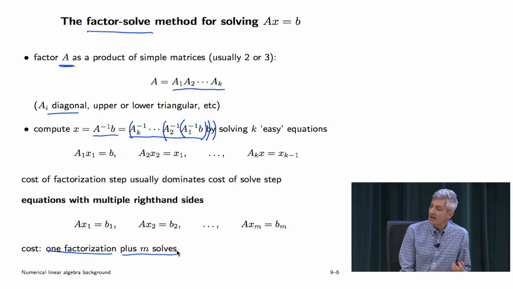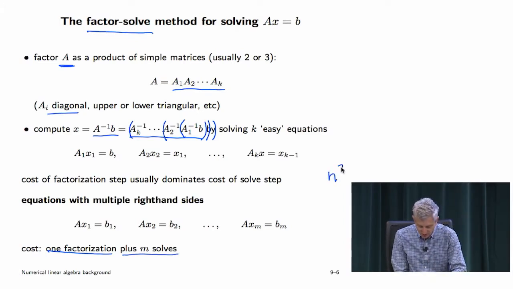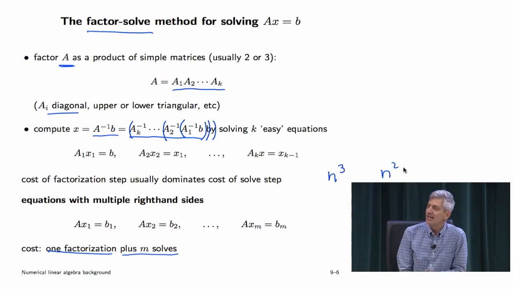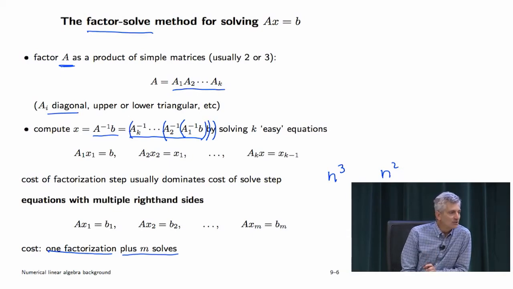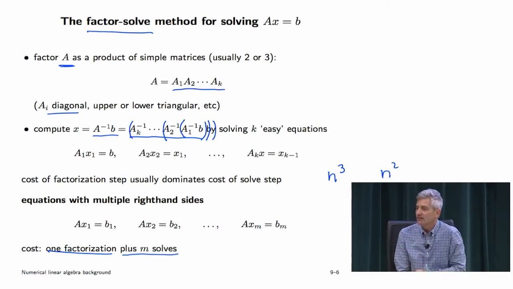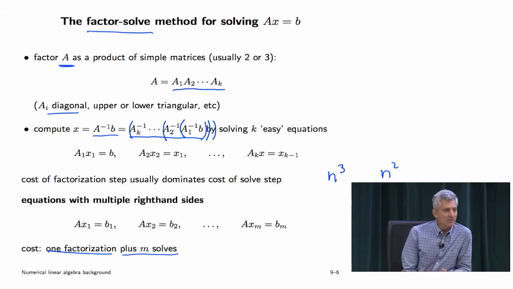So for the most common methods, by the way, for solving linear equations, the factor step costs n cubed, and the back solves, the solve steps, cost n squared. Okay? And now I'm going to ask you a question. Solving 1,000 linear equations with 1,000 variables on that machine takes, I'll just make up a number, 30 milliseconds. And I want to know how much time it takes to solve 2 equations,